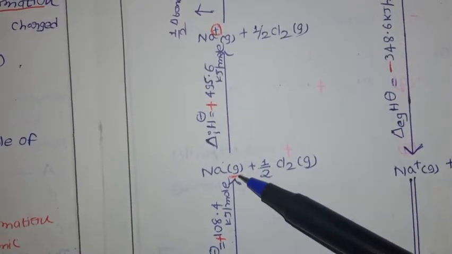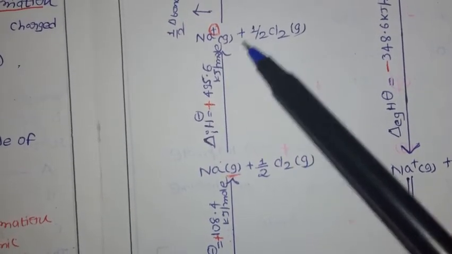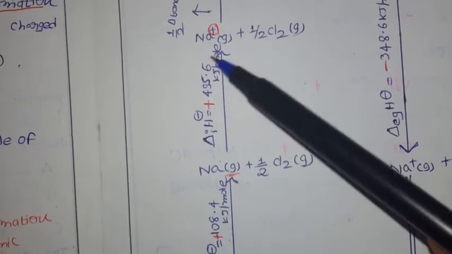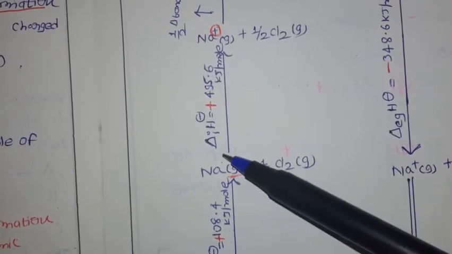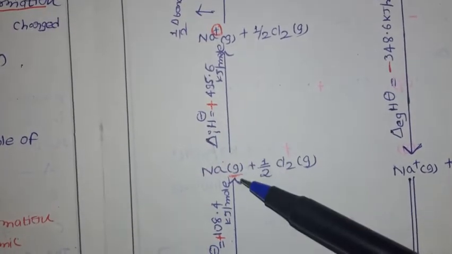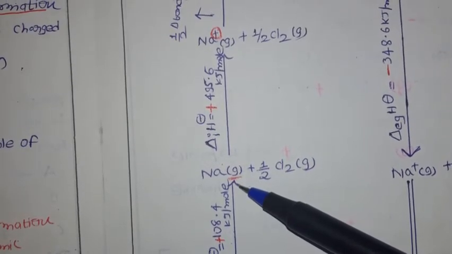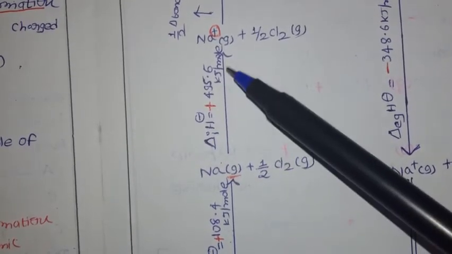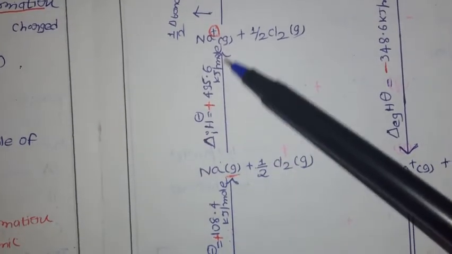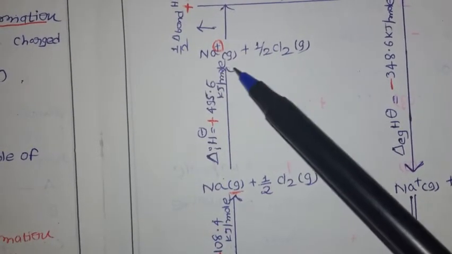After that, what am I going to do? I am going to convert it into ions. Why? Because for the lattice definition we have to get the gaseous ion. So sodium gas is converted into sodium ion. This I call the enthalpy of ionization. Why am I calling it enthalpy of ionization? We already know enthalpy of ionization means the energy required to remove an electron from the gaseous neutral atom. From the valence shell you are going to remove one electron from the gaseous neutral atom. So this is called enthalpy of ionization. So my Na plus in the form of gas is ready now.